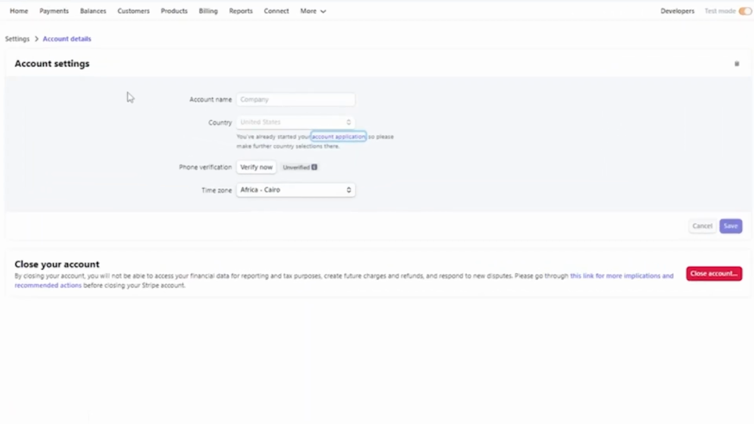The first thing you will see here is account name. The second one is country. Third one is phone verification. And the last one is time zone. This is my selected country. But we want to change our country, so that's why we have to tap on the